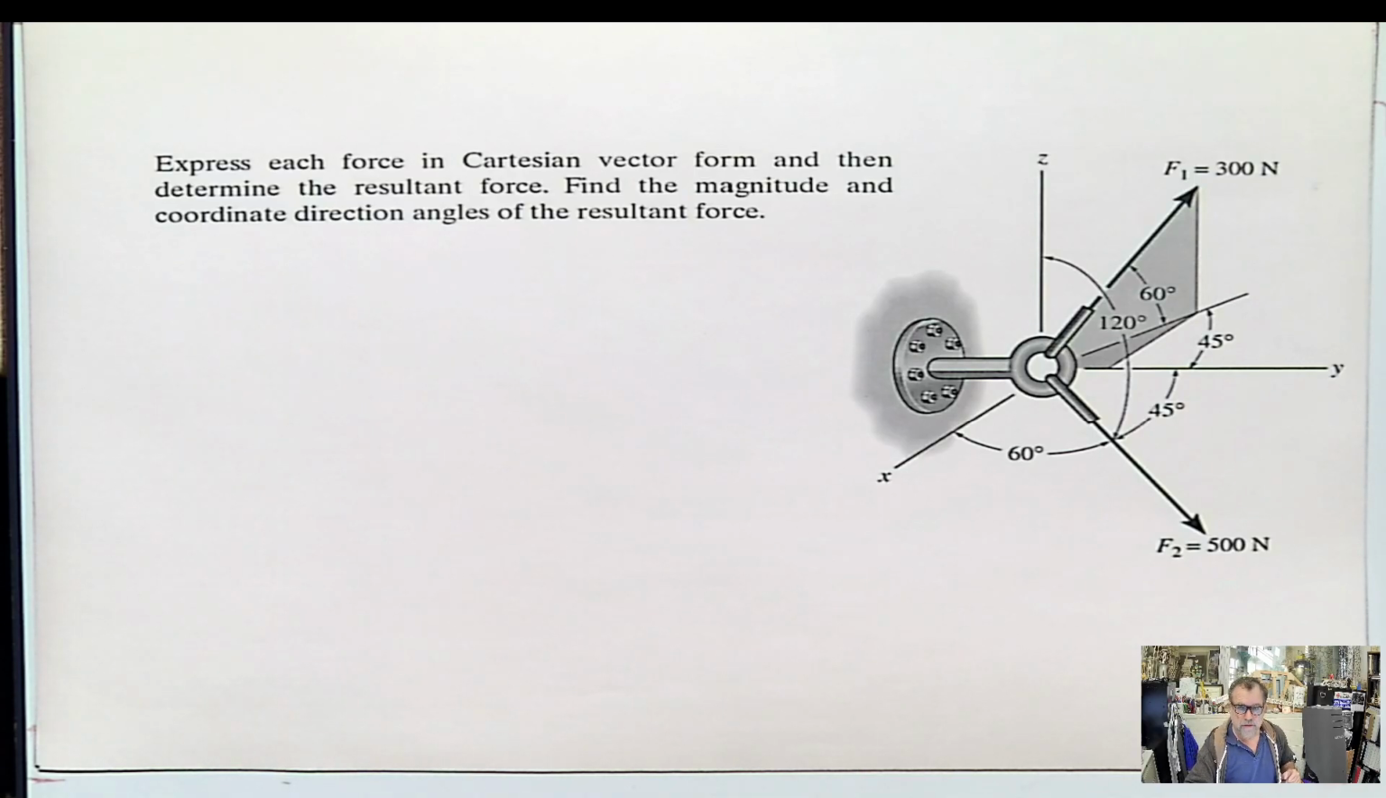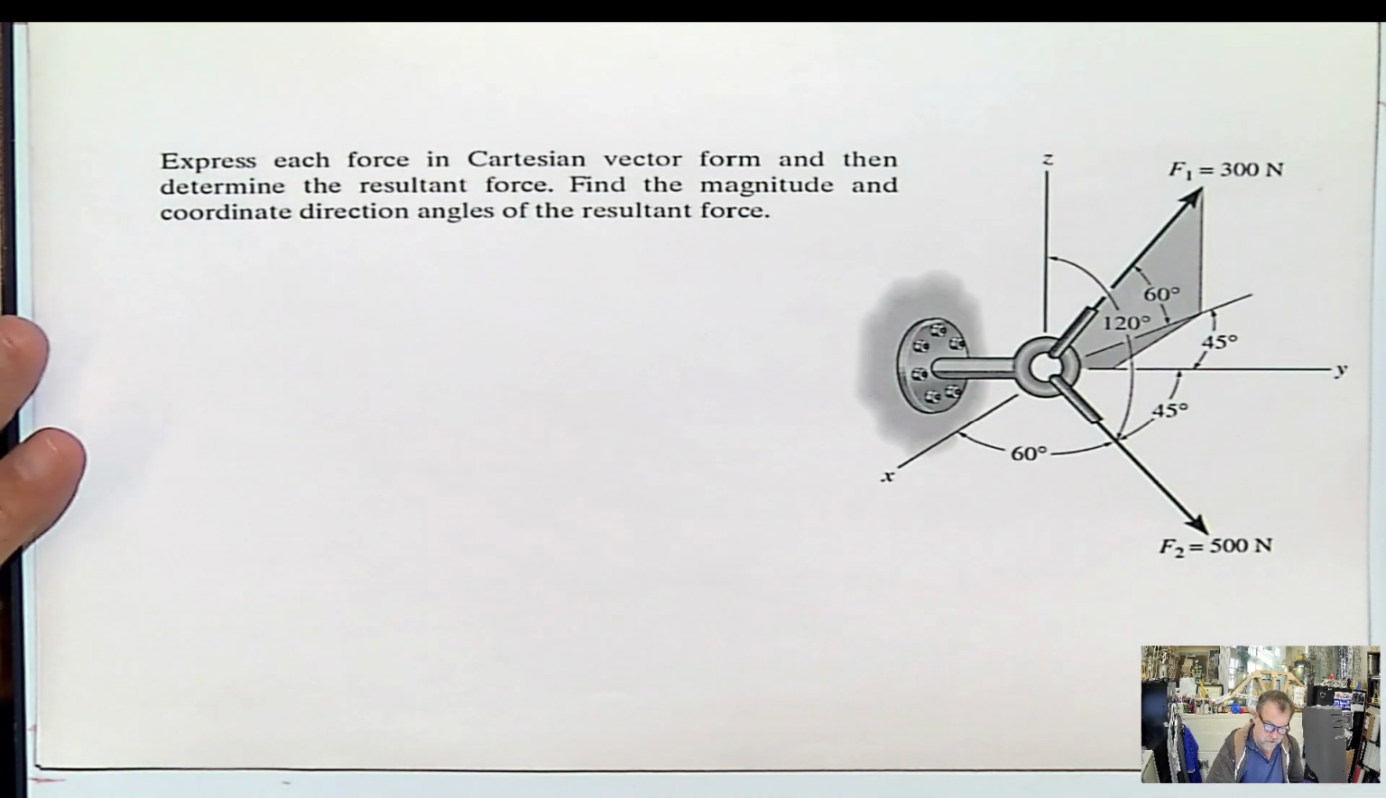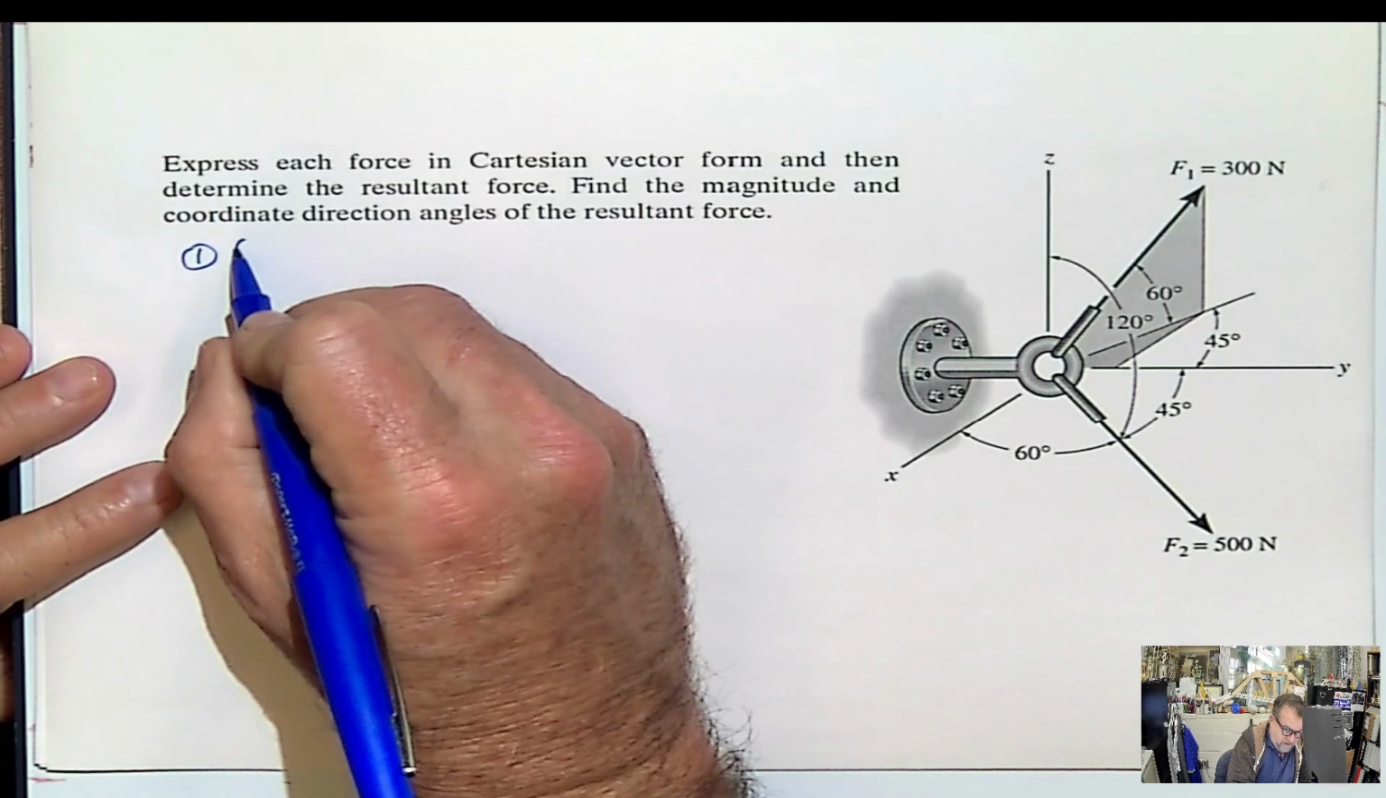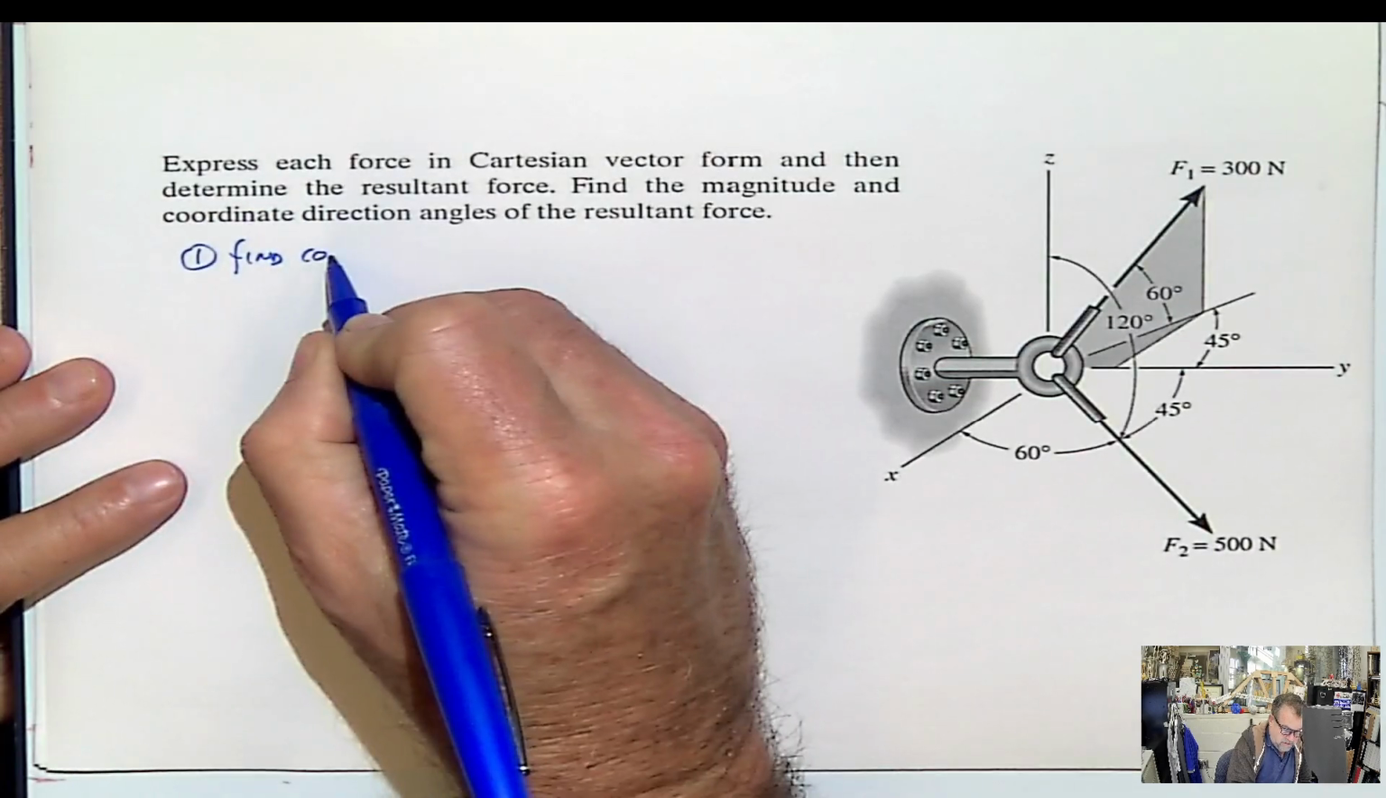Okay, hello guys again. Now we're getting into a little bit more substantial things here. The problem says: express the force in Cartesian vector form, determine the resultant, and find the magnitude and coordinate direction angles of the resultant force. In other words, decompose or resolve or find components